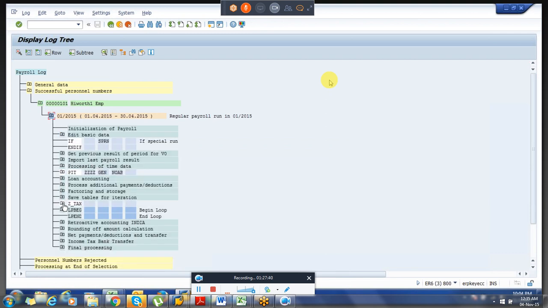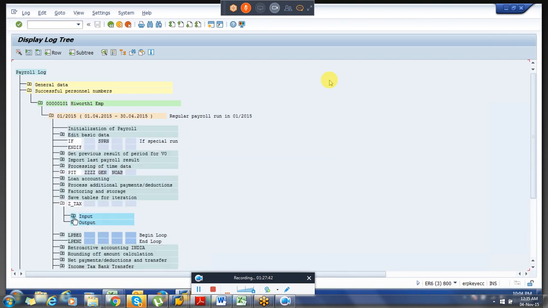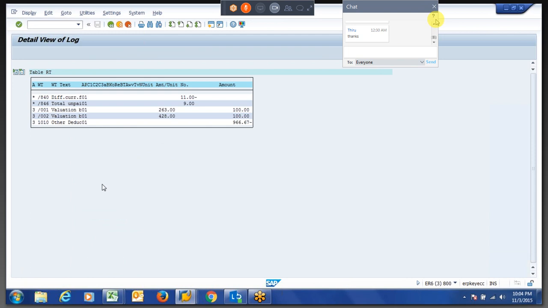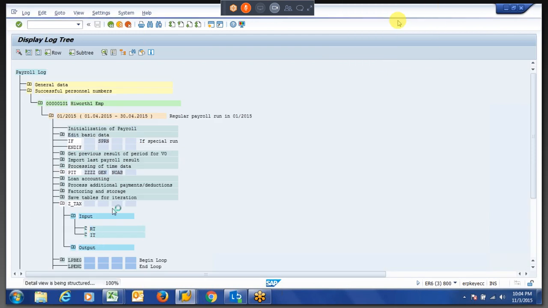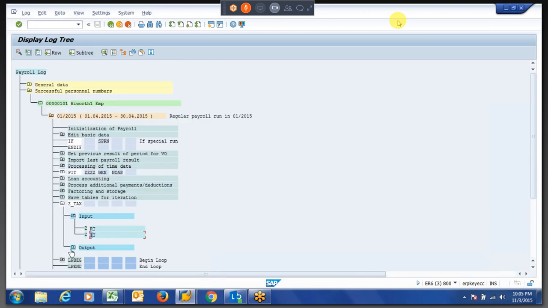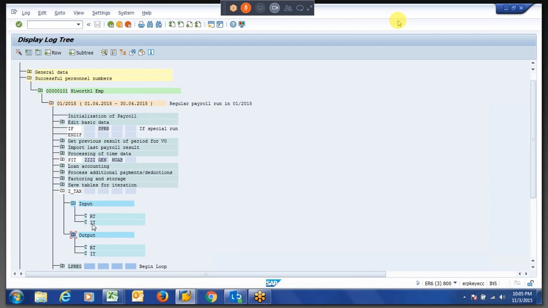So here is the function we got that I created. If you see what you defined as input parameters, IT and RT, you got them here. So you have all the RT values here, and you have IT values, the gross amount. I think again we have a split over here. Then I think I'm pushing to IT or RT.